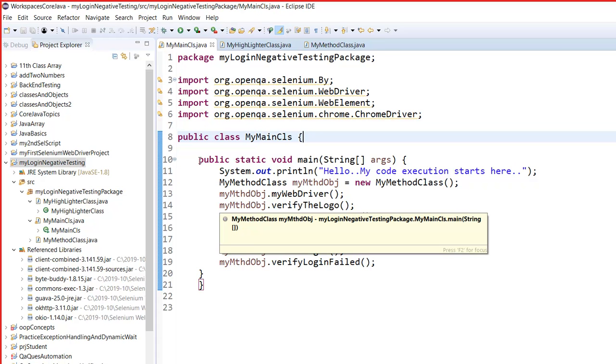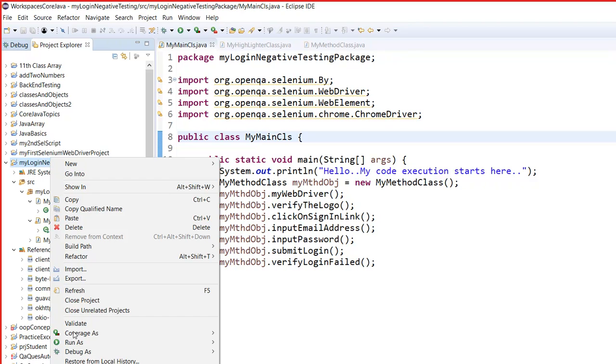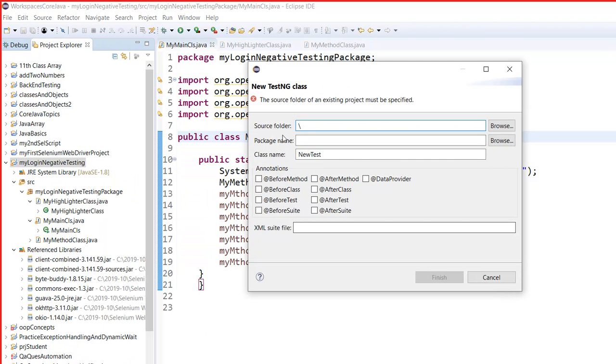Okay, I have started recording again. Now, with TestNG, we do not need a main method. Okay, we do not need a main method. Let's say that in this particular one, TestNG, I can say create, convert to TestNG. Okay, can you see convert to TestNG? Or let's say I'm going to create a TestNG class. Create TestNG. The source folder for an existing project must be specified. Okay, the source folder,